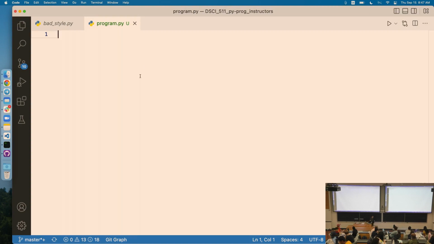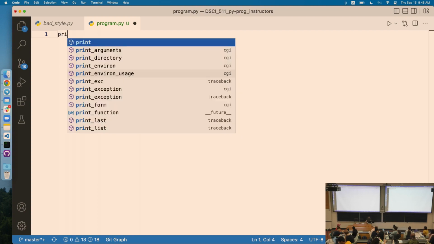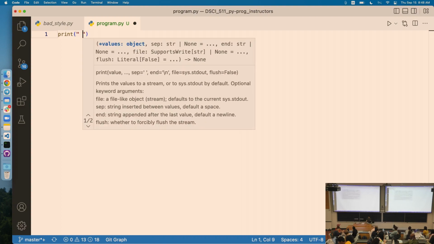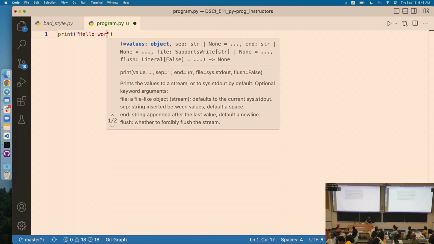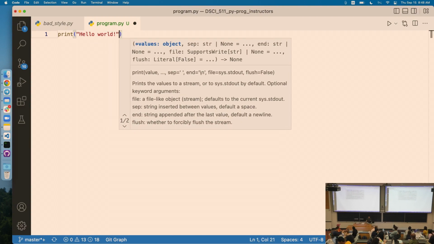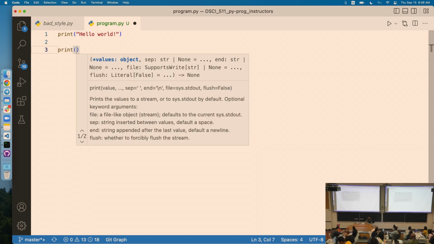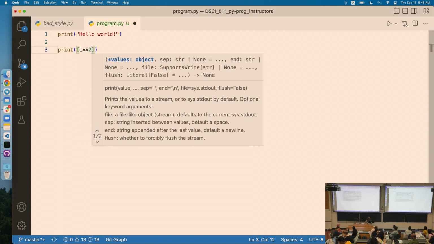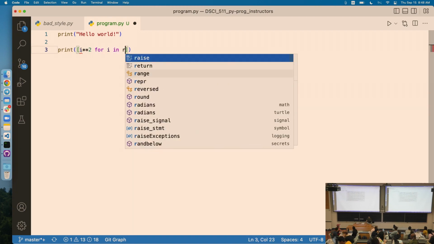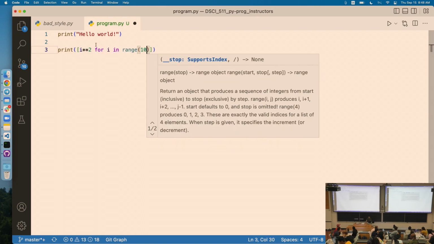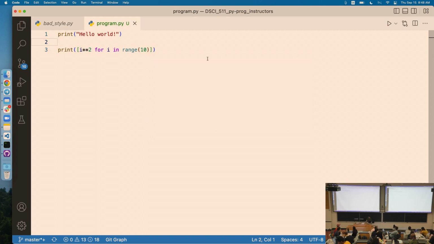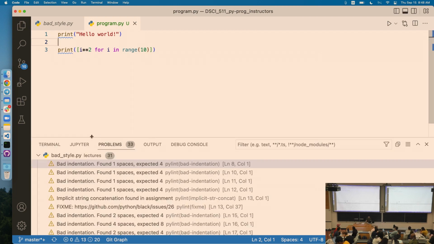VS Code automatically recognizes that and knows what to do with the code inside of that in terms of the linters and formatters and everything. And we can do whatever we like inside of here. Print hello world, and maybe do a list comprehension here, i raised to the second power for i in range 10, something like that. And I'm going to save this file, and then in order to run this